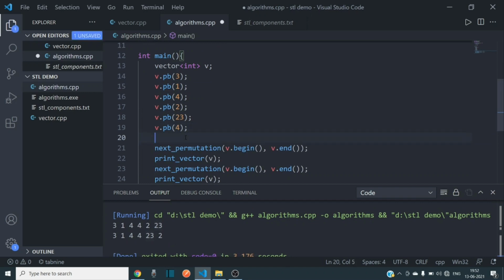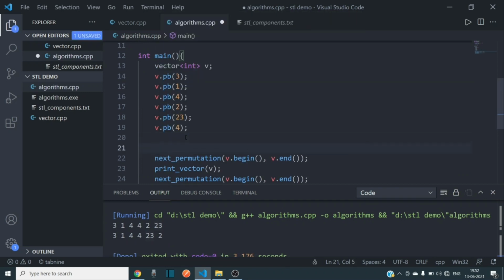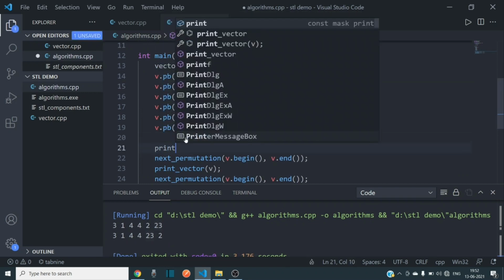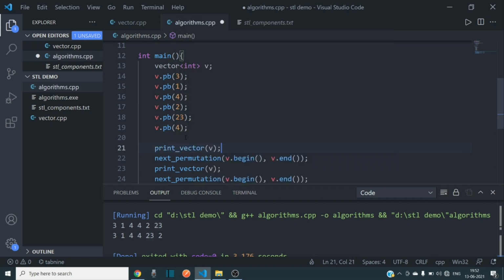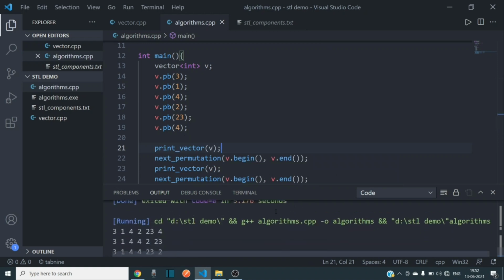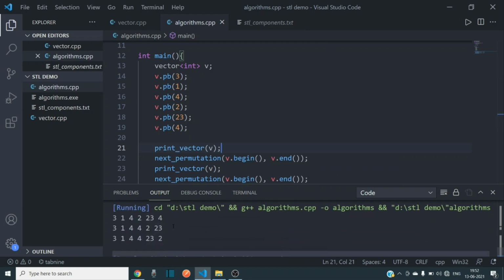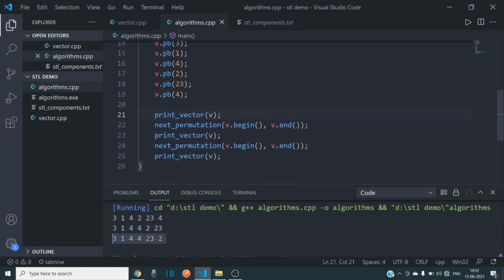Let's print the original one first. So in the first line, this was the original, and these were some other permutations of the above elements. This way we can find all the permutations of some elements.